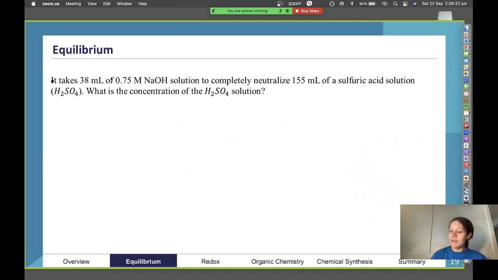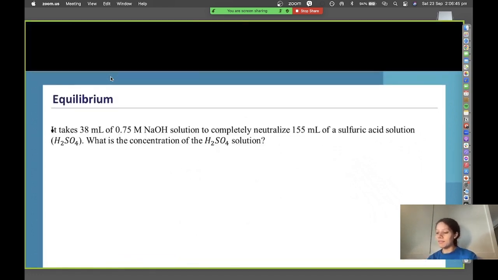Then here we have an example of an actual titration question. So this is a really good baseline question that uses the baseline titration equation to figure out an unknown concentration. So good practice question. Please have a go. But actually, just in the interest of time, I might just take us through the question immediately.